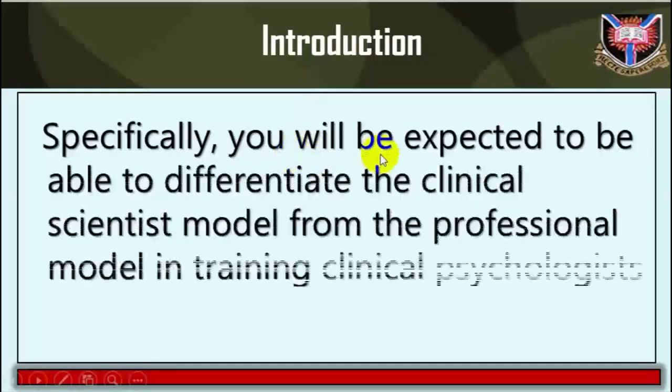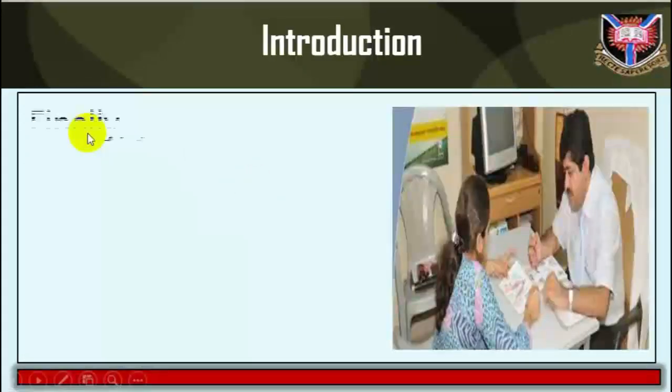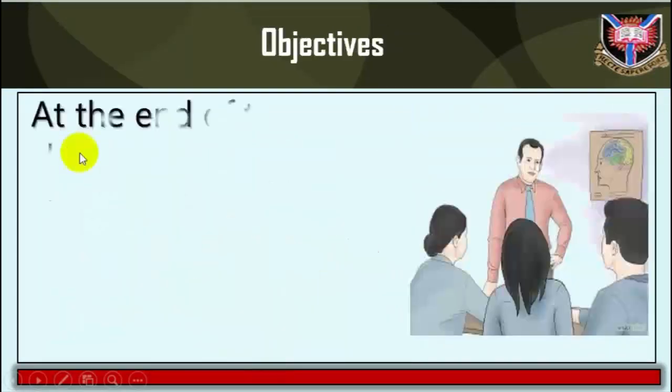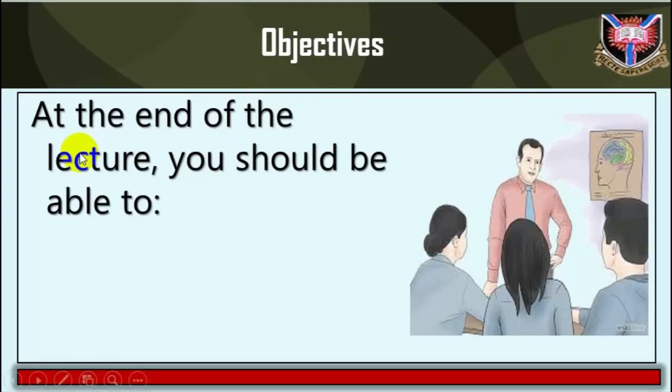Specifically, you will be expected to be able to differentiate the clinical scientist model from the professional model in training clinical psychologists. Finally, you will be introduced to major functions of clinical psychologists and the settings where they are carrying out their professional roles. At the end of this lecture, you should be able to: